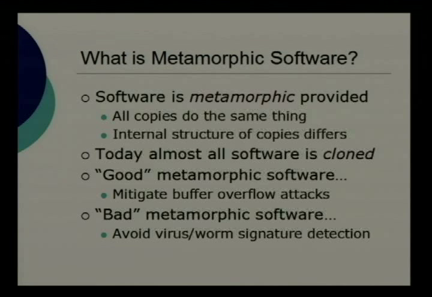So just to give you one example of each, you could do this thought experiment. Think about you write a program, it has a buffer overflow in it. You didn't intentionally put it there, it's just an accident, it has this buffer overflow. Now maybe that's exploitable, so someone can write an attack and they can attack your code. Now, if you clone your software, your original software, and send out the exact copy to everybody, well, somebody creates an attack. That same attack's going to obviously work on every cloned copy. They're identical, okay?